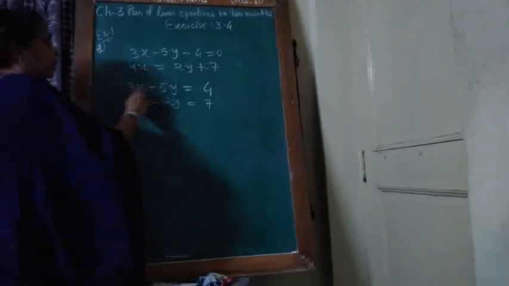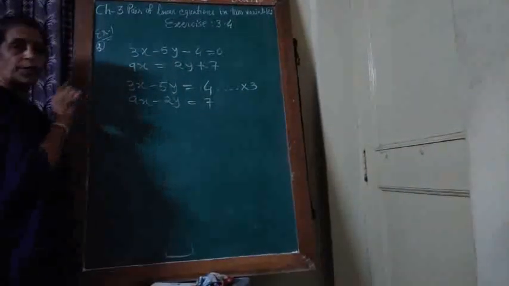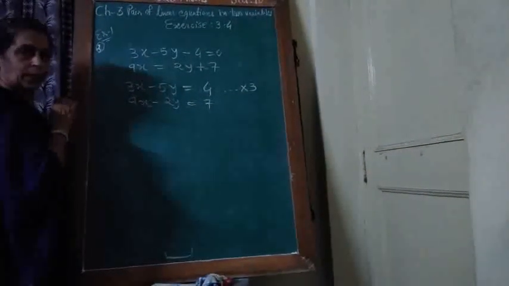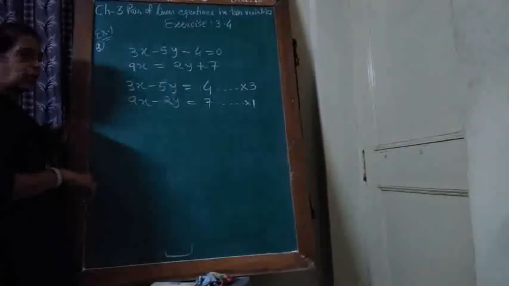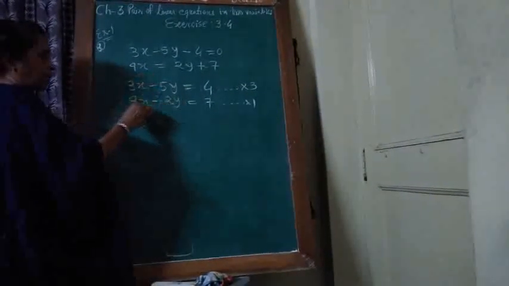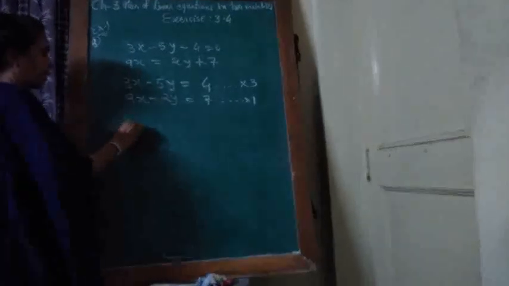Okay. So here I multiply equation 1 by 3, so that 3 threes are 9 and the 9 coefficient becomes the same. It is easy or not? And here no need to multiply by any number, then 9 ones are 9. So both equations have the x variable with the same coefficient.